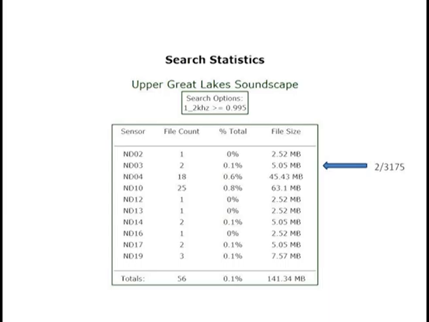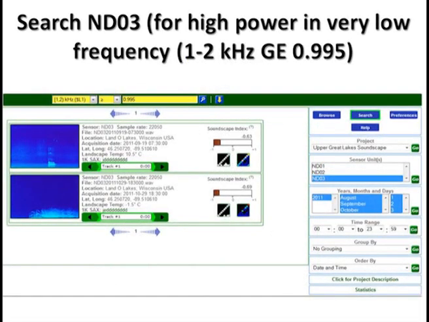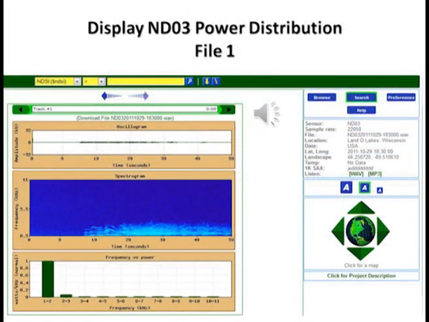What I thought I'd do is just pick one sensor, ND03, with 2 records. So we could do that search easily by highlighting the sensor number and using that search criteria and just pulling out the data for that sensor for those 2 records. Now it turned out interesting